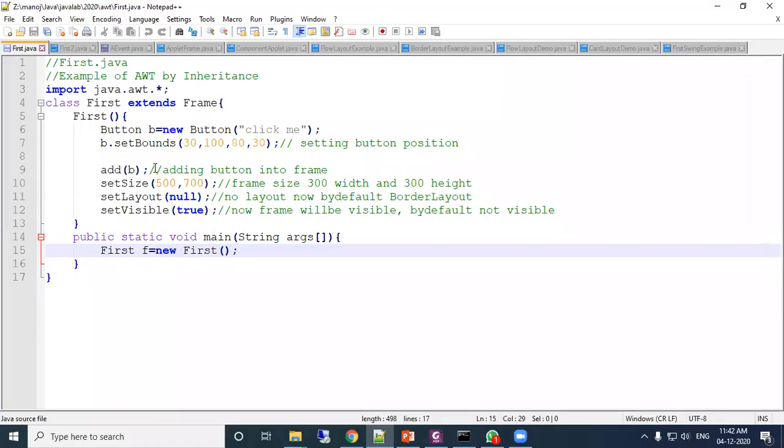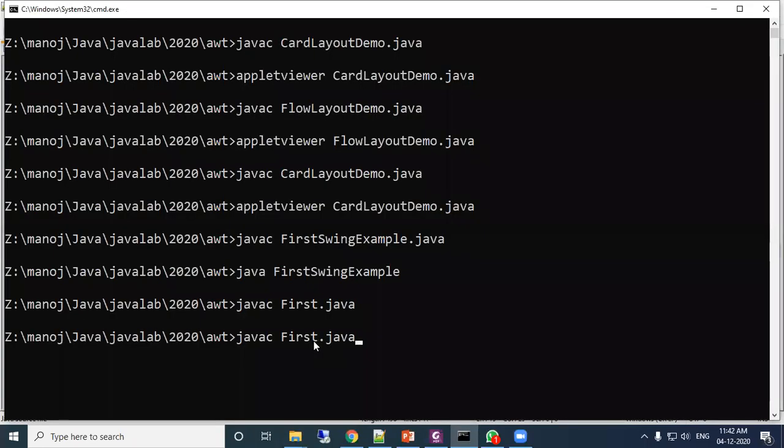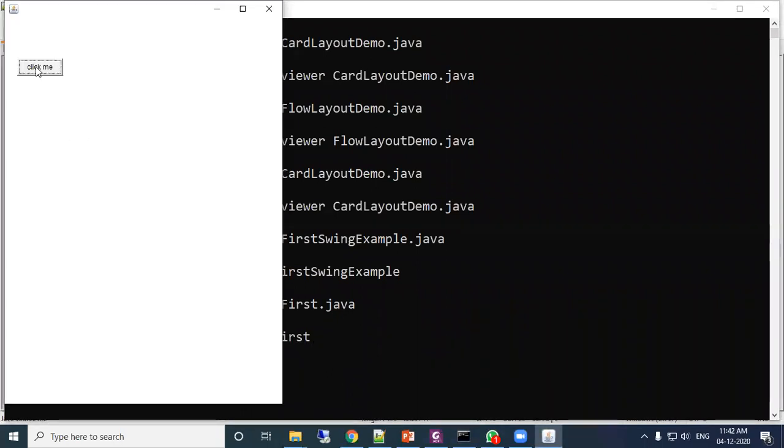Compile with javac, then java. Just see the command button. And in Swing you have seen the command button. These are two different types of buttons.